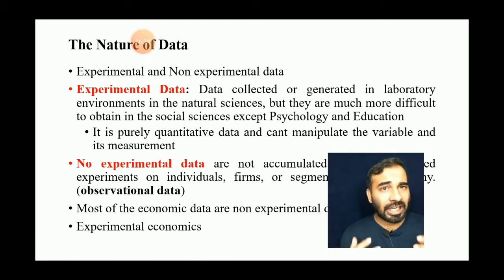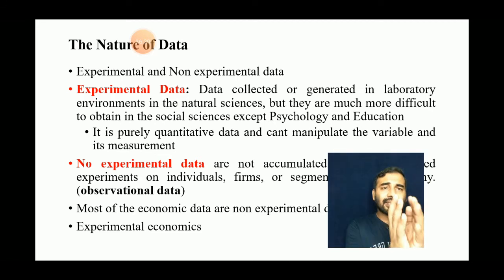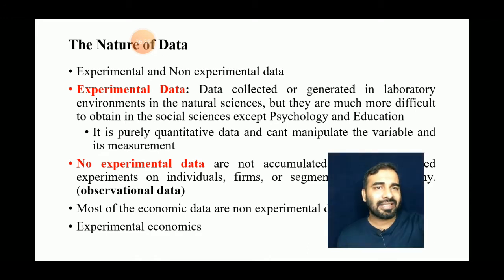One of the most advantageous things is that these data are purely quantitative and they can manipulate the variable and its measurement. Okay, once a variable is created in a laboratory experiment, they can manipulate it, and it's purely quantitative. So most of the natural science data are experimental data. The data has been generated from a laboratory experiment. Okay,